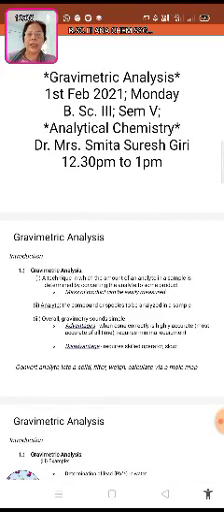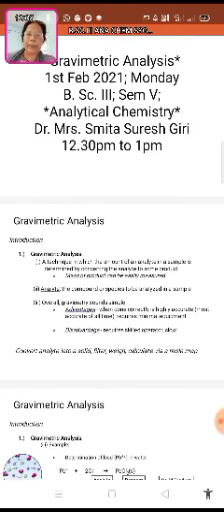Overall, gravimetry sounds simple. The advantage is that the product we get is in a very pure form and in an accurate manner, in a solid state. When gravimetric analysis is done correctly, it is highly accurate, the most accurate of all, and it requires minimal instruments or equipment. The disadvantage is that it requires a skilled operator and it is a slow process. Convert the analyte into a solid, filter, weigh, calculate via a mole map. This is exactly gravimetric analysis.